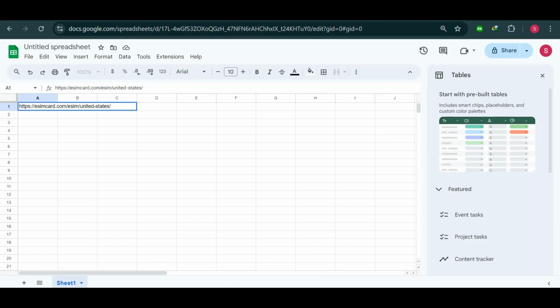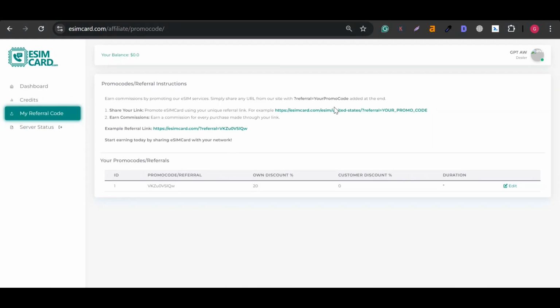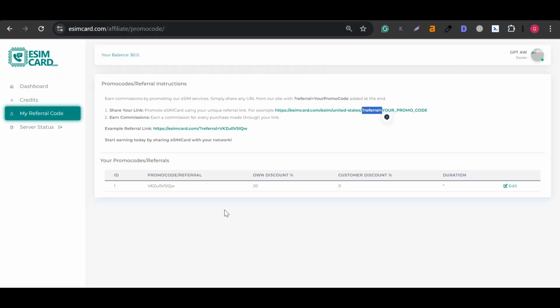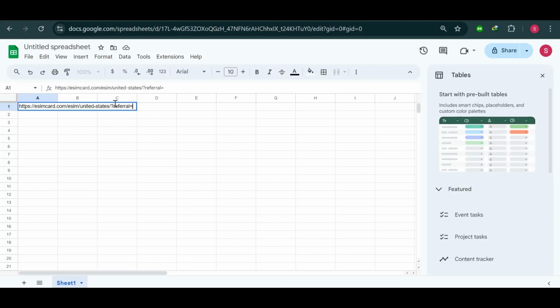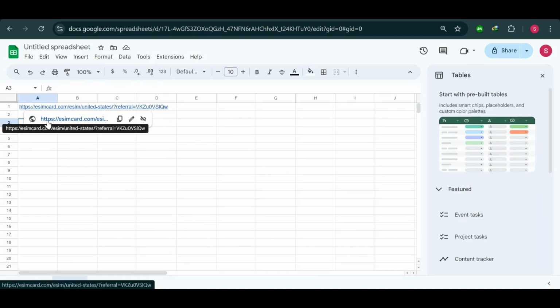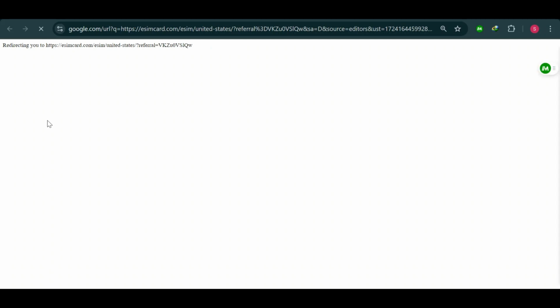Then I will go back to the referral portal and copy that unique text and paste it in front of that country link. Then I'll again go back to the page and copy that unique promo code and then paste it onto the sheet. Here we go, our link has been generated, and by clicking on it, I will be redirected to the page